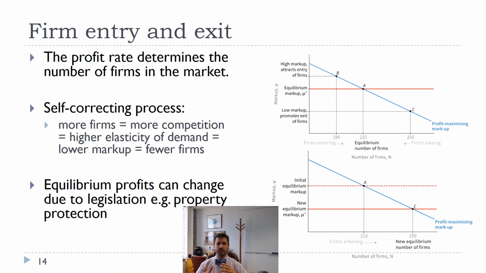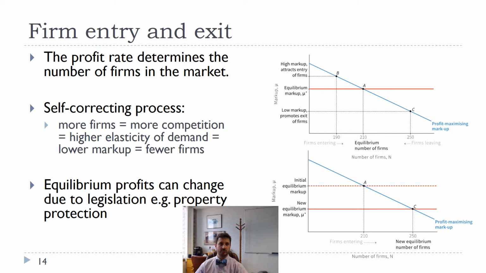Two of the things that we're going to want to think about are, first of all, the relationship between the markup, how much firms charge above their costs, and so how profitable they are, and its relationship to the equilibrium number of firms. What we're going to see is that when the profit is high, more firms enter because they want to enjoy that profit. When the profit's low, they want to exit because they can't make as much profit. We're going to walk through that process first, and then we're going to think about the role of